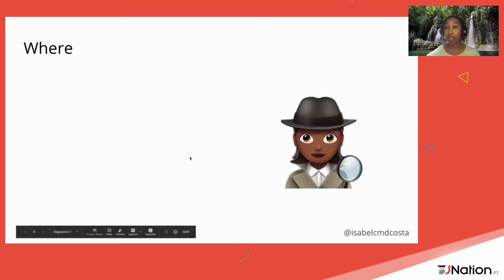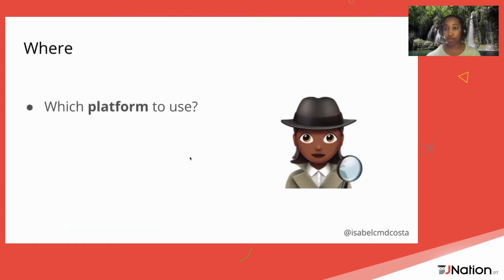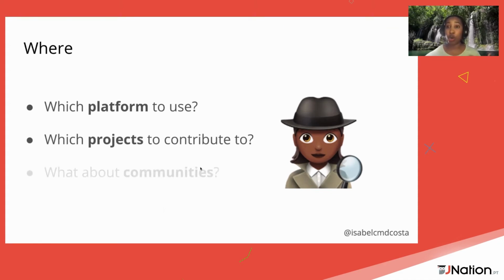When we think about the where, we might think about which platforms to use to contribute to open source, or which projects to contribute to, or which communities. So for example, in terms of projects, you may contribute to a singular project. My first contribution was actually, I went into the 24 Pull Requests website and I searched for Markdown projects and I just contributed to it. And then I went on with my life, all good. Regarding communities,